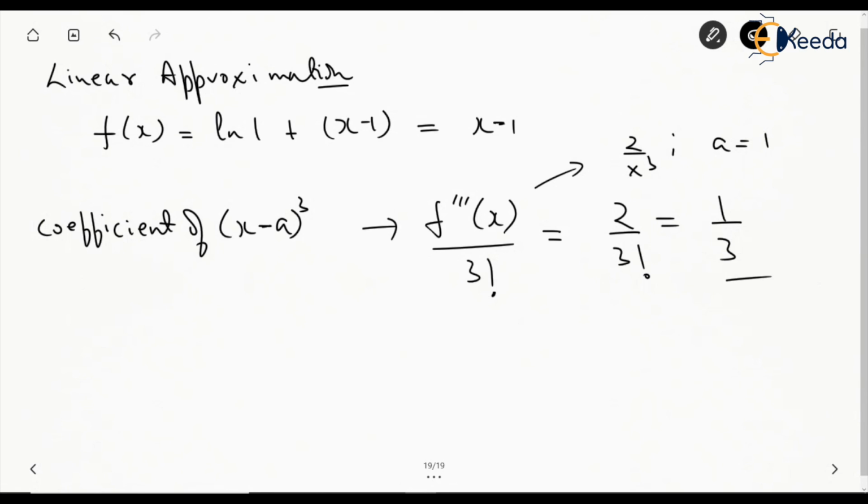So they may ask you the coefficient, they may ask you to approximate it to a linear order, and so on. So this is how we have to